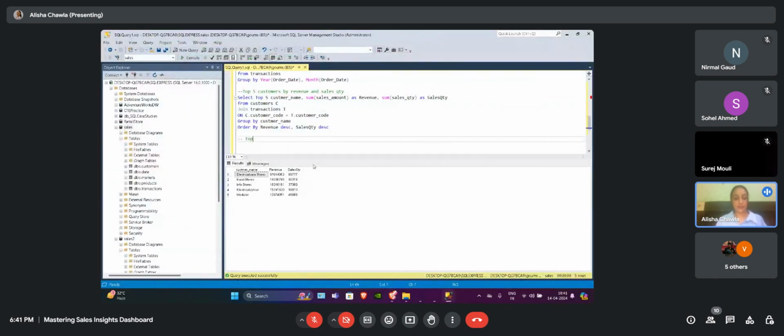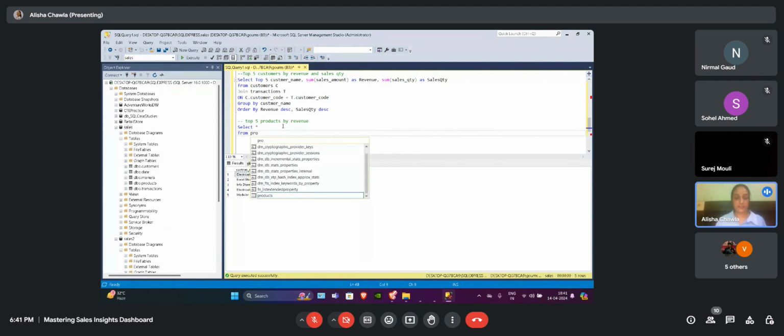Okay, next is top 5 products we have to extract, again by revenue. Again, we are using the select command. Here we have to join the products table and the transactions table. Let's start with star.